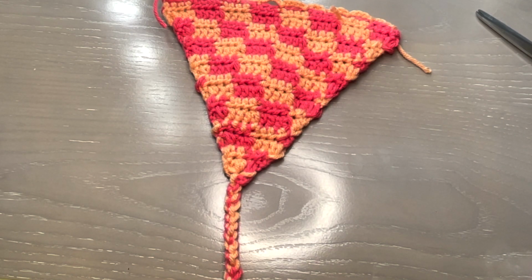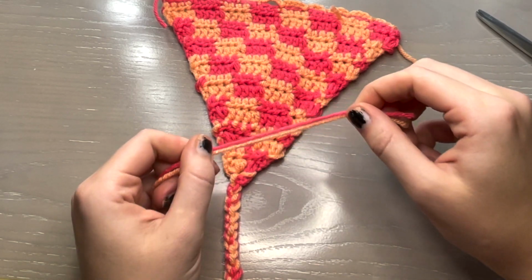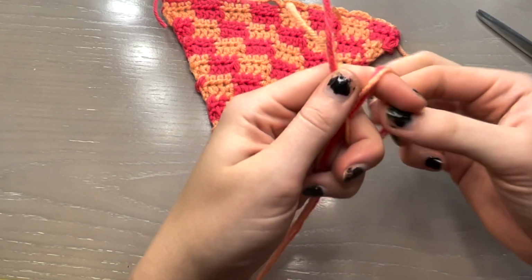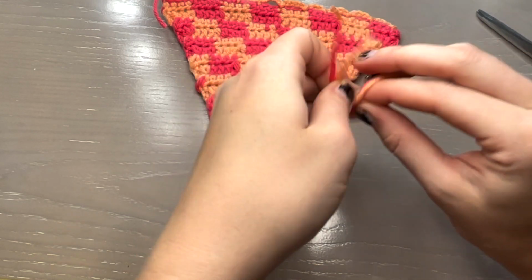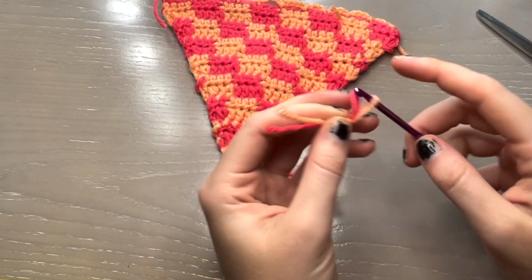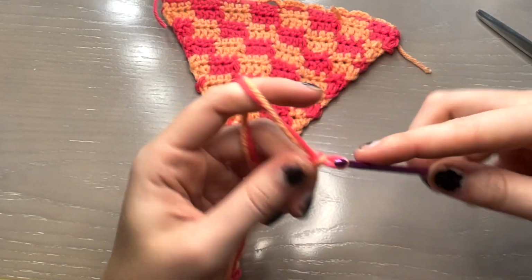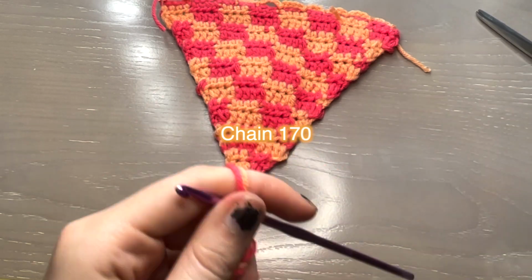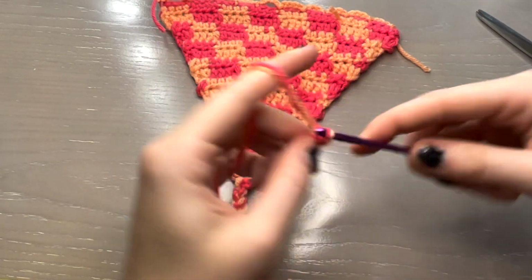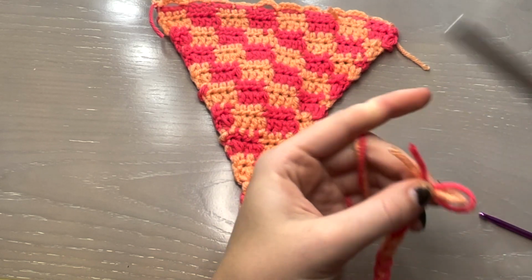that's long enough to go all the way around our rib cage. So what I'm doing basically is just gonna make a 170 chain strand, and I'm doing both colors again just so it's nice and sturdy. Did a slip stitch and count out 170. Alright, so I got to the end, snip,